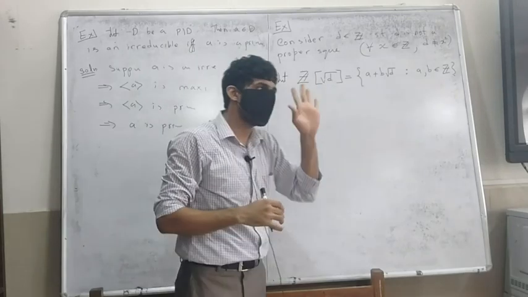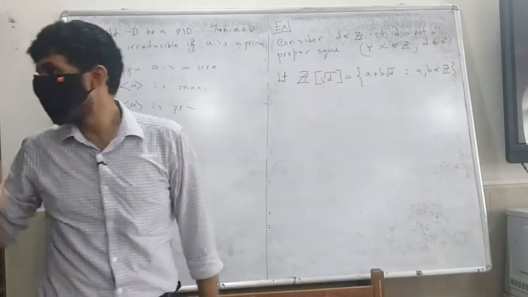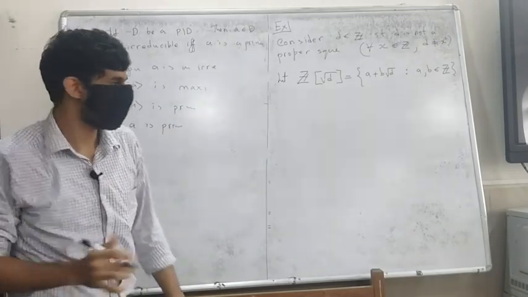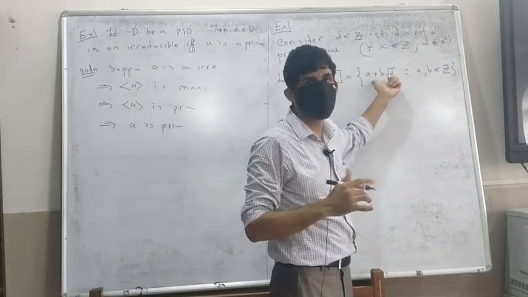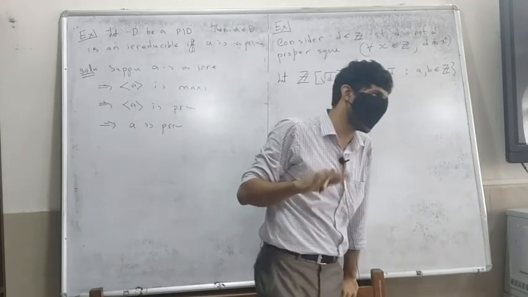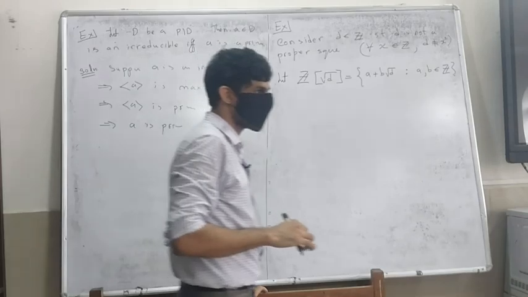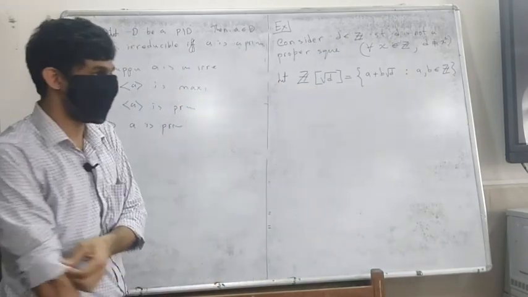I want to talk about some nice properties of this. Firstly, it is easy to observe that this is an integral domain. D is a complex number, so this is going to be a subset of the complex numbers. You can actually work without getting into the complex number system, but I don't want to take the effort, so you can try and see.